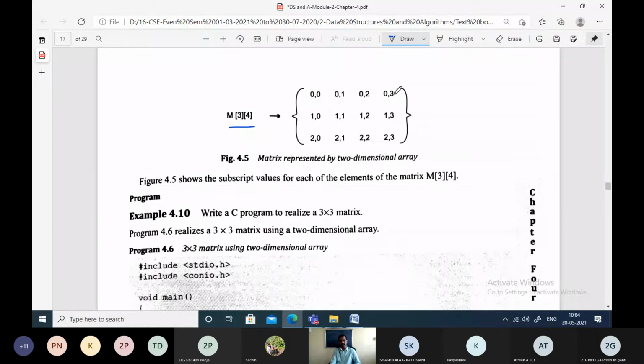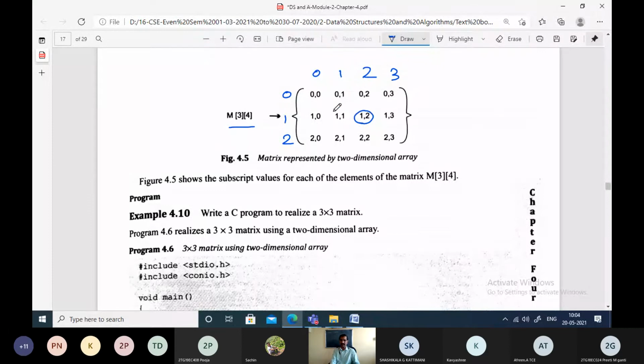Here the assumption is that the rows start from 0th row, first row and second row, and the columns are 0th column, first column, second column and third column, and these are the corresponding elements. This element is identified by first row and second column.